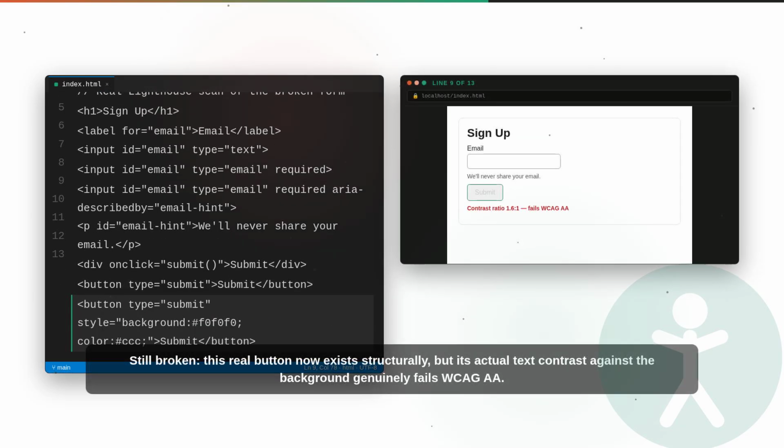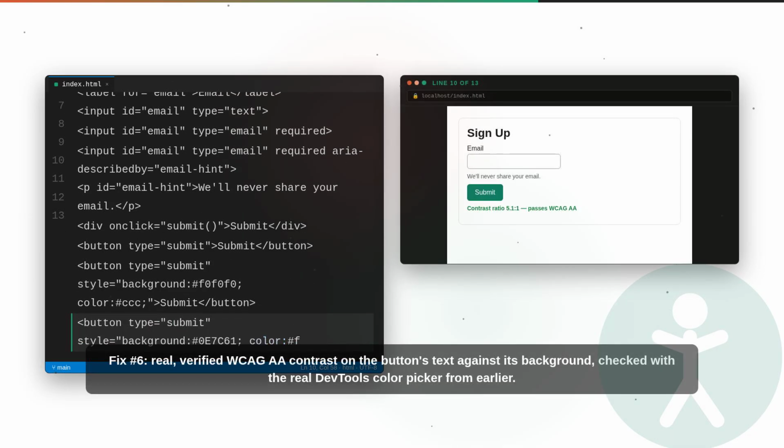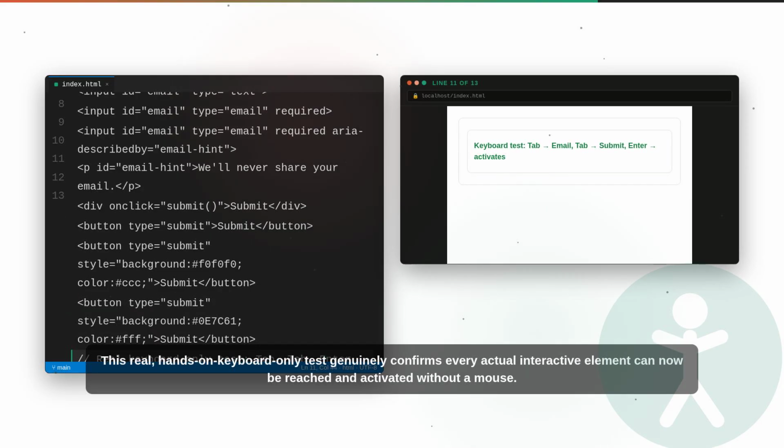Still broken, this real button now exists structurally, but its actual text contrast against the background genuinely fails WCAG. Fix number 6, real, verified WCAG contrast on the button's text against its background, checked with the real DevTools color picker from earlier. This real, hands-on keyboard-only test genuinely confirms every actual interactive element can now be reached and activated